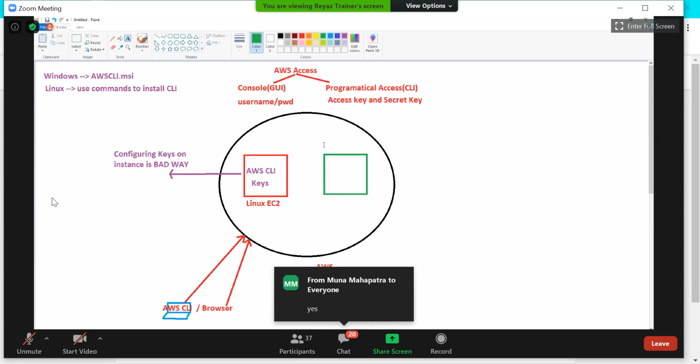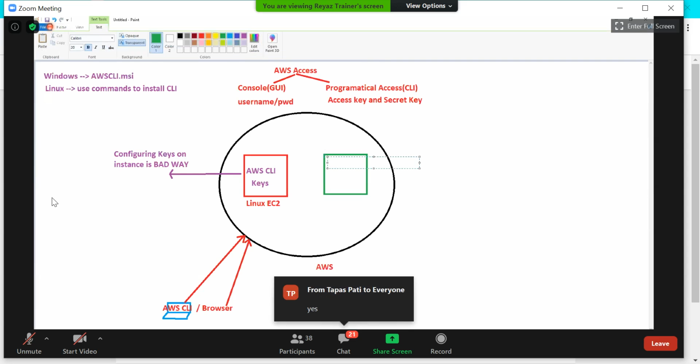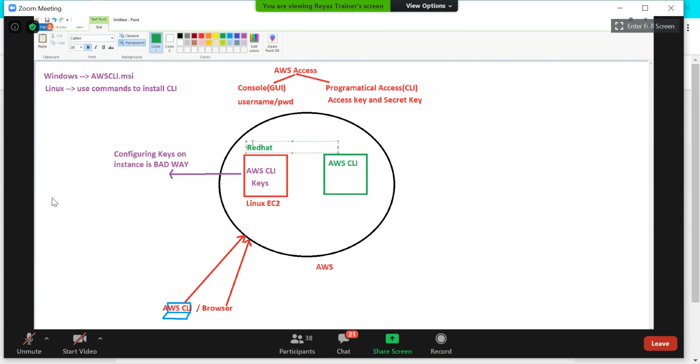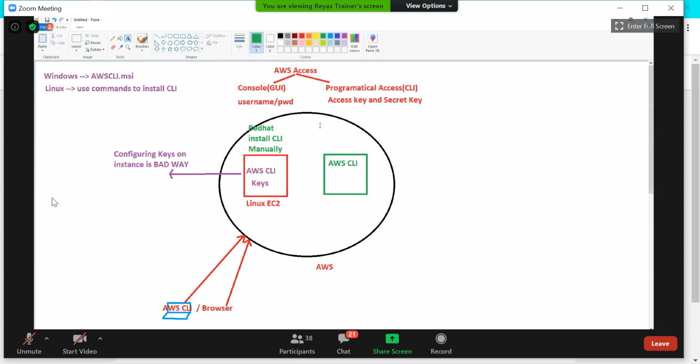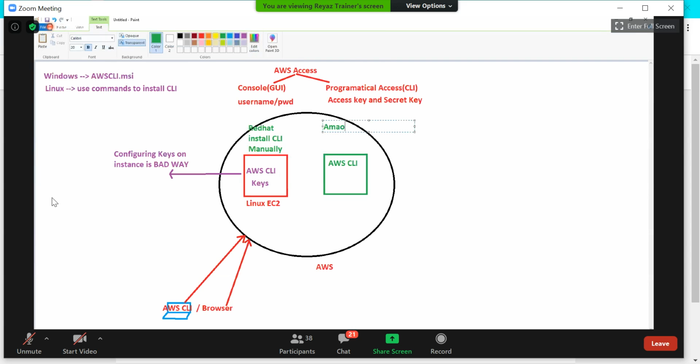That image already has AWS CLI installed. Guys, you can use Red Hat and install CLI manually,